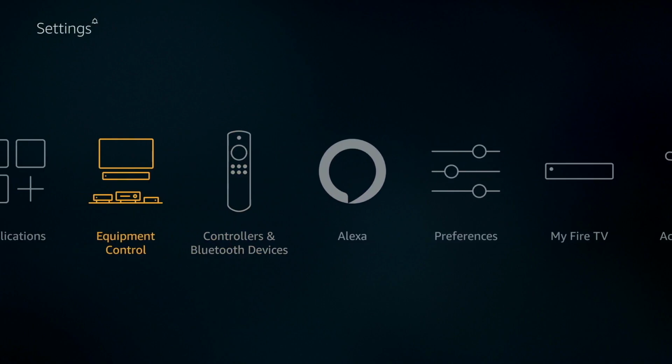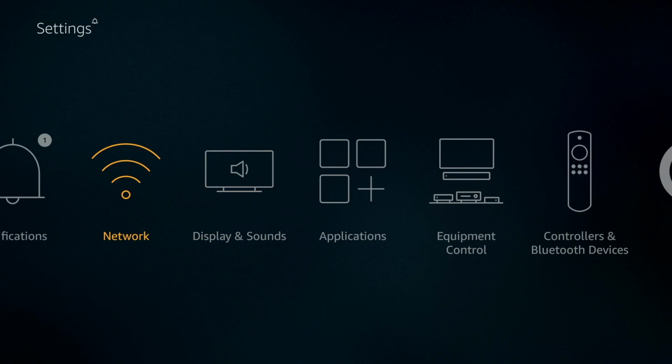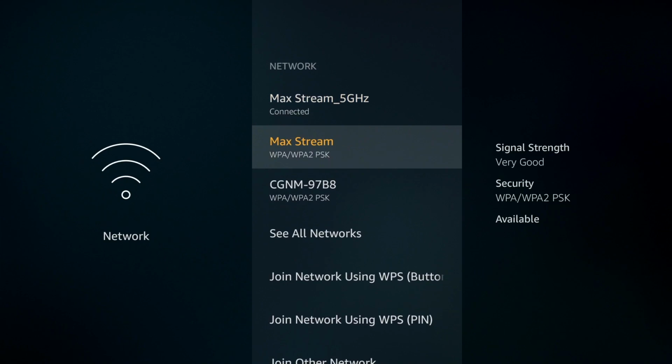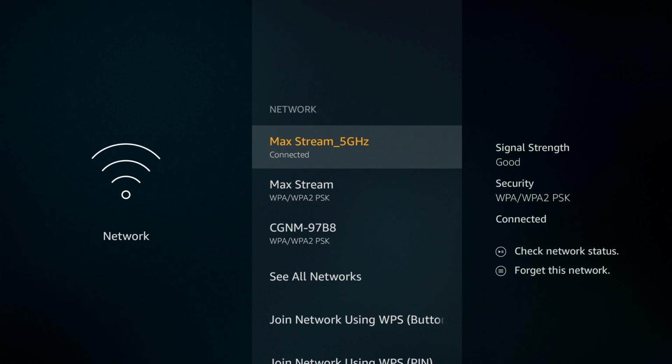Alright, so once we got those couple simple things done, what I want you to do next is go into the network category in your settings, and once you're in here, you're going to see a list of the different Wi-Fi signals in your area, and of course you'll be connected to your own Wi-Fi. So when you look at the name of your Wi-Fi, if you see two different ones, where for example mine says Maxstream and there's another one that says Maxstream 5GHZ, you're going to always want to go with the 5 gigahertz one. When you do that, you'll notice a little bit faster speeds,